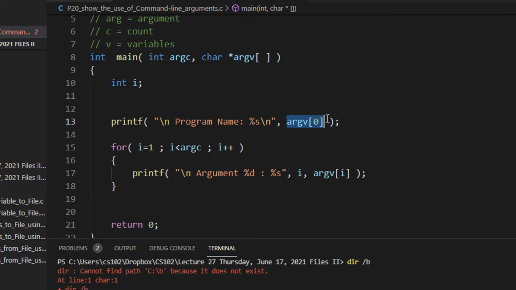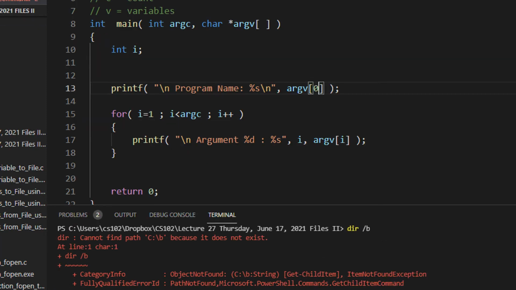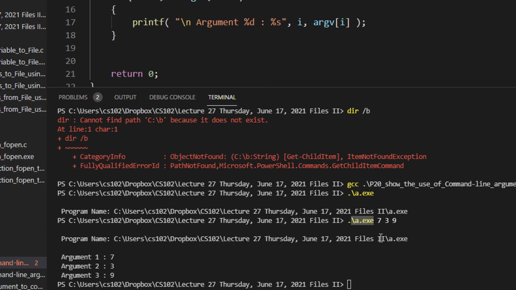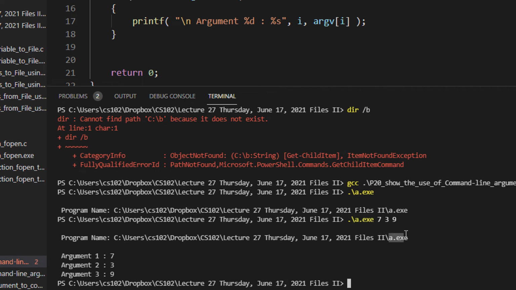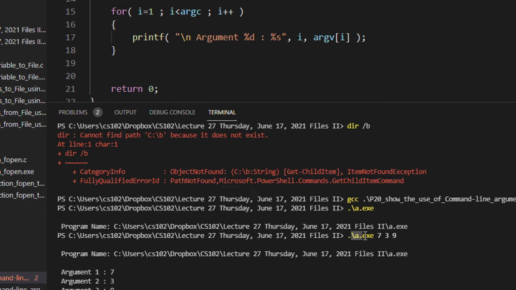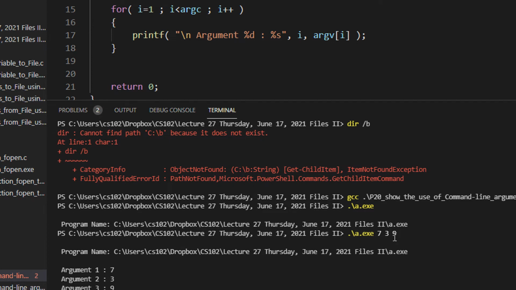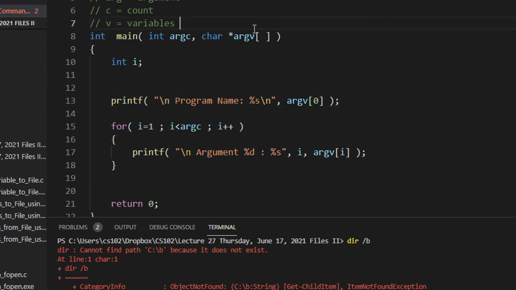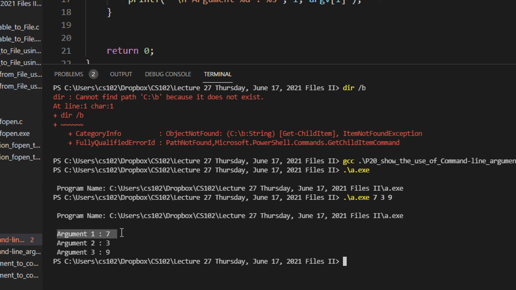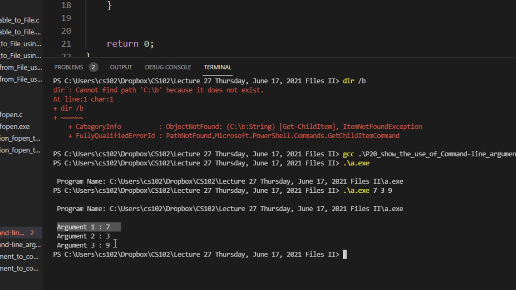So the first argument, it is a fixed rule. The first argument will always be the name of the file that you are executing. So in Linux, you will have a.out in this case, right? And following the a.exe, you will have the various arguments. Now, why do we keep it variable? Because we can have multiple variables which we are typing. So you can see the arguments are 7, 3 and 9.